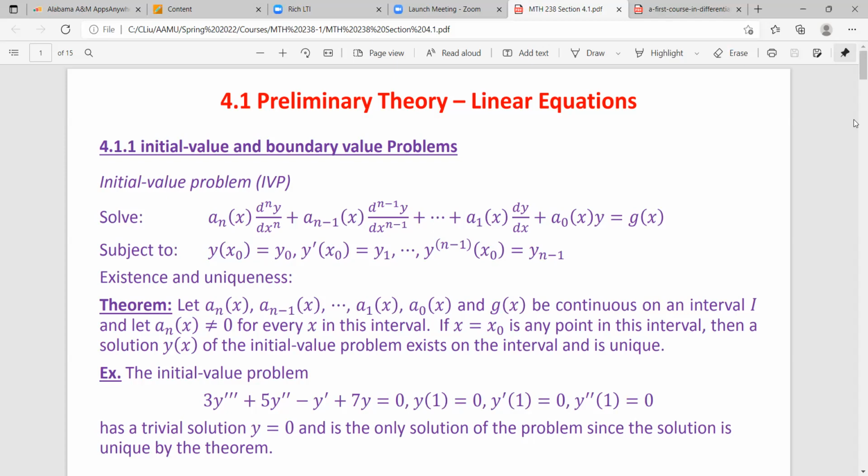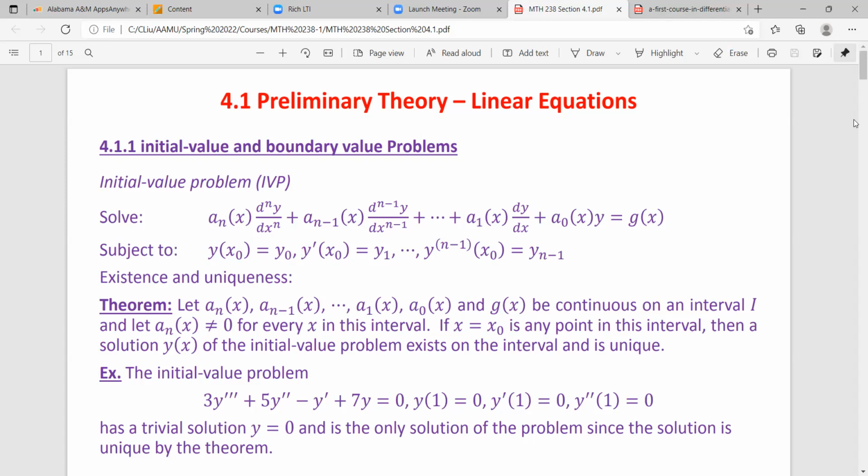first derivative of y at x equal to 1 is 0, and the second derivative of y at x equal to 1 is also 0. So these are the initial conditions, and x equal to 1 is in the domain of this problem, or